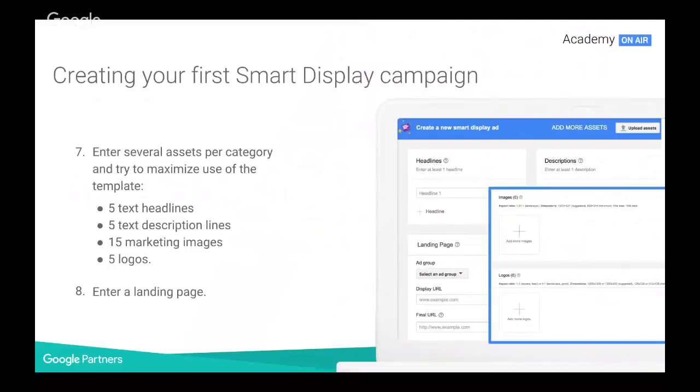Okay. And then in terms of assets, so like I mentioned, yes, you upload 5 headlines, 5 description lines. Then you add a landing page. Now, as something that's not on this slide, but that I strongly advise is if you have a multitude of services or a multitude of products on your website, in campaign settings, attach a dynamic feed, because then that will allow us to run not only dynamic remarketing for you within that campaign, but also the so-called dynamic prospecting,